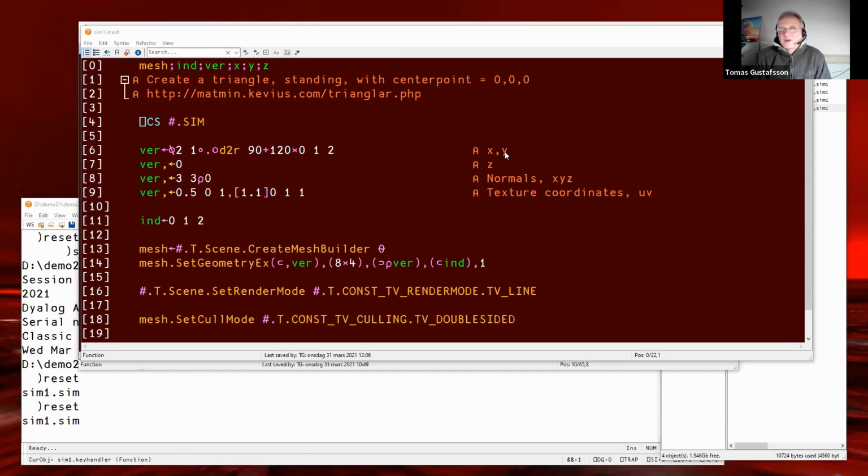Y is up because we are used to having Y up. And Z is towards the North Pole. It's called the right-handed system, I think, where you point with your 3 fingers in directions. So positive Z is towards the North Pole. Positive X is towards Russia, and positive Y is up.